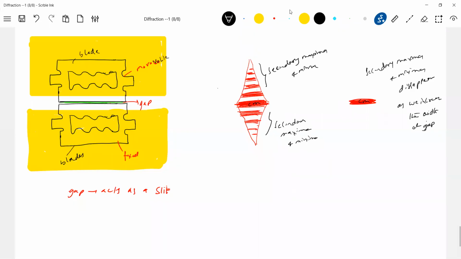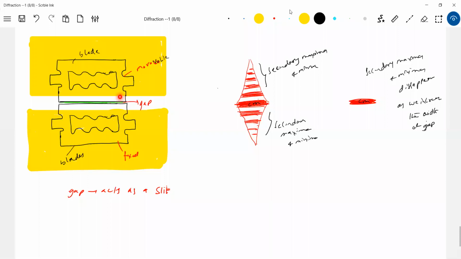So do the experiment. Go to a room, switch off all lights, close windows, put curtains, so it becomes dark. Take a set of razor blades and fix them on cardboard, one of them movable and one fixed. Ask a family member to hold this, and you focus the laser. The pattern will form. If you slightly shift it up, these things will disappear.